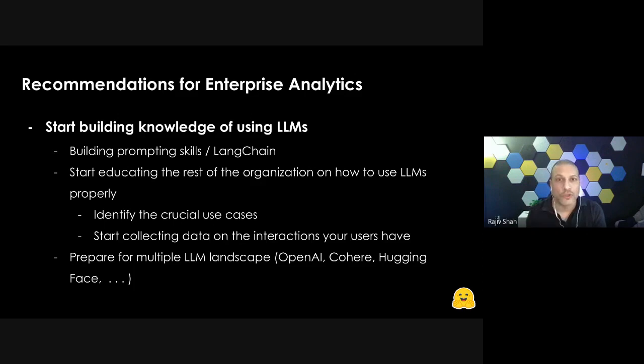There are issues with sending the data to some of these services. There are issues with hallucination. What are the limitations? When should we be using them? When should we have a human in the loop? A lot of questions like that need education. I think it's also useful for data science organizations to start understanding where the pain points are. Where are people needing to do this? Because if it's such an important pain point, maybe it makes sense to build a full-blown data science solution for that. The other piece is we really need to start preparing for a landscape of having multiple large